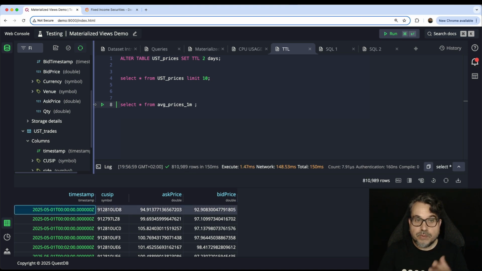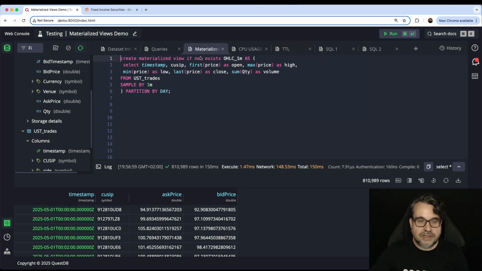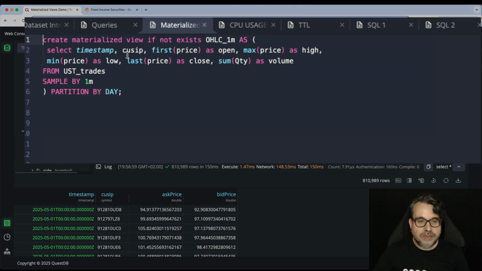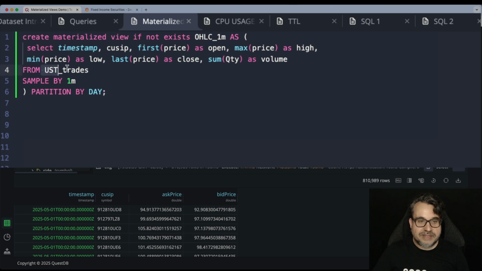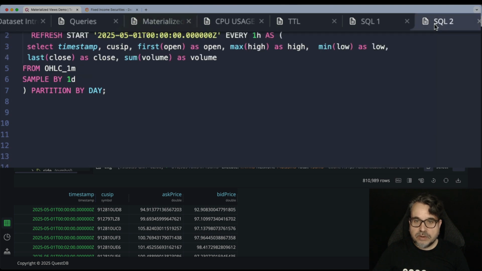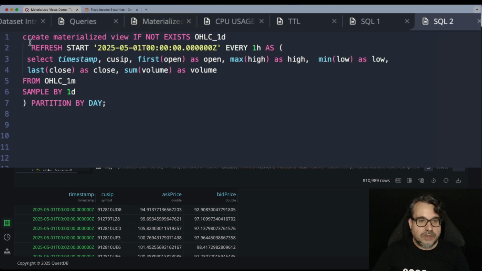And something I didn't tell you earlier, but actually you can see here, is that when I create a view, I can create a view based on a table like this one, or I can create a view which is based on another view. When I created the timer view, I'm not reading from the raw table, I'm actually reading from the materialized table I already have for 1 minute bars.